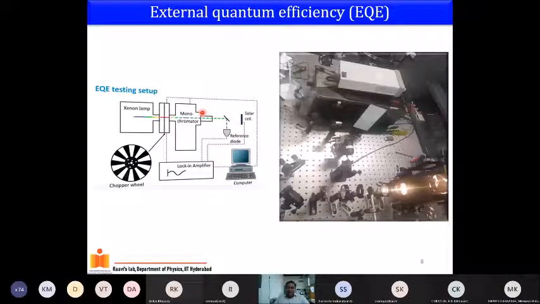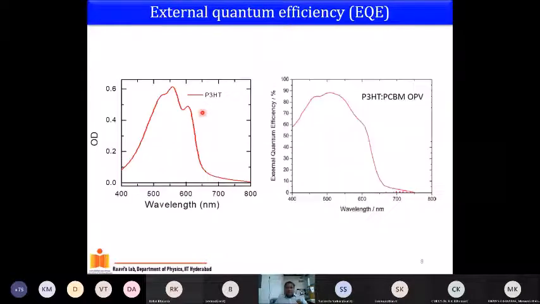This is what we have in our lab. We have developed our own EQE setup, and I will show an experiment which we did some time earlier, not now, of how an EQE should look. This is the experiment on a P3HT:PCBM organic solar cell. If you look at it, PCBM, as I mentioned yesterday, does not participate in the absorption. So it is only the P3HT, the polymer, which does the absorption and converts it into photocurrent.